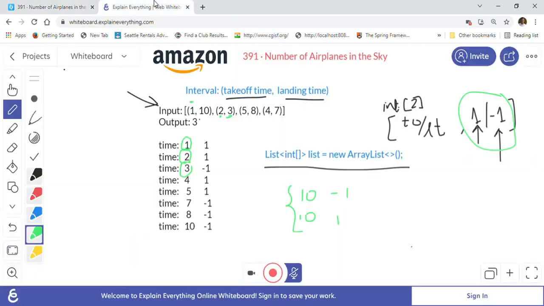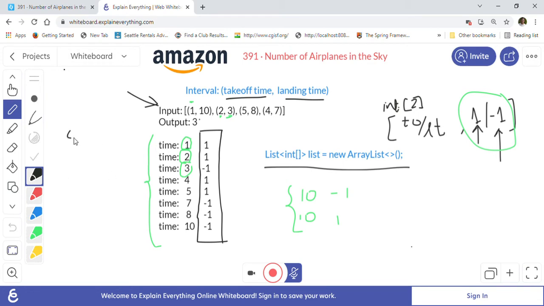So now after this is done, we will traverse this list that we have created, and we will always keep a count of this second element, right? I'll just highlight this whole thing for you. These are the second elements of the array. First one is the time, which is either landing or takeoff time, and the second one is the 1 and -1 parameter that we created. 1 we are creating for takeoff, and -1 for landing. So now we will take this list and iterate it, and we will make a counter, and add this value into that counter, right?